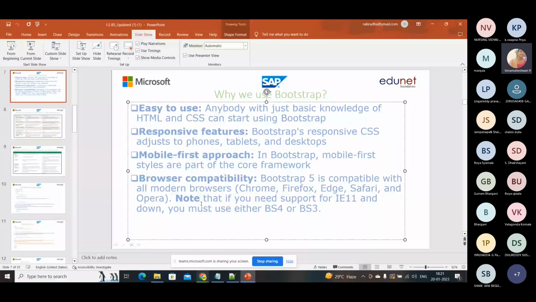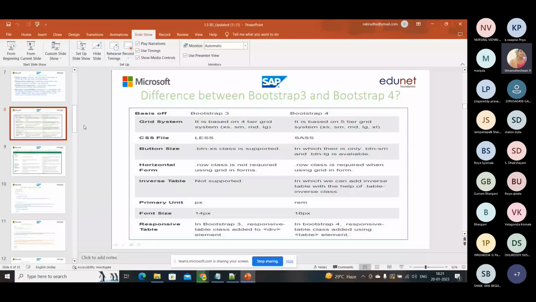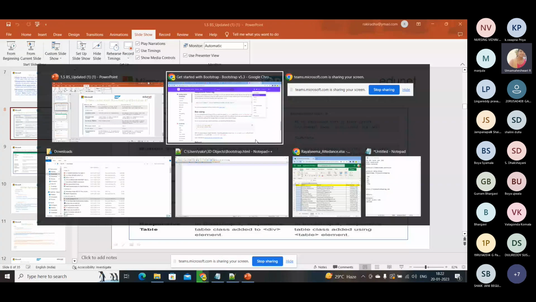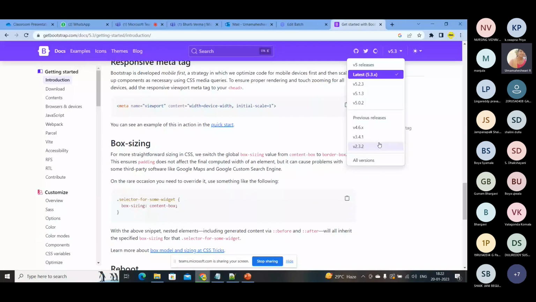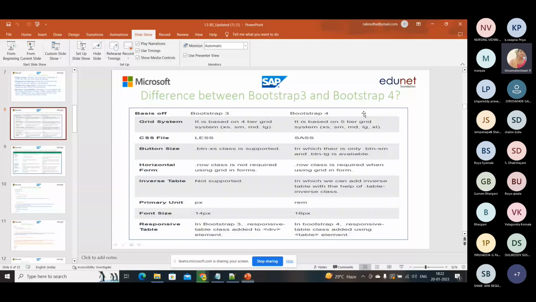Okay, and what's the difference between Bootstrap 3 and Bootstrap 4? See here, the first one is the grid system. So the grid system differs. We can see some versions here, right? This is the third version, this is the fourth version. Now we are using the fifth version as the latest. So in this third version, what is the difference and why are we going for Bootstrap 4 that have been listed? First, in the grid system,